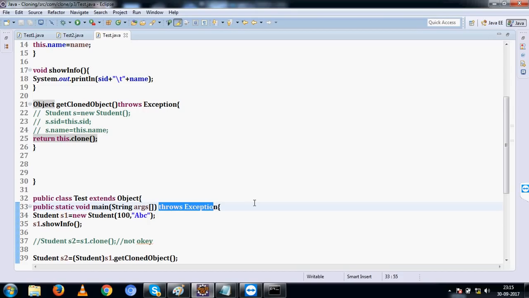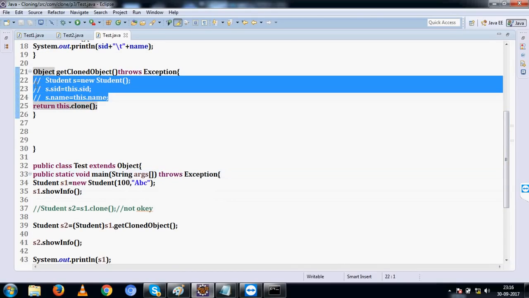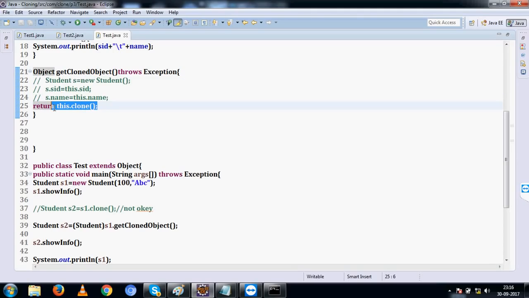One more important point you have to notice is, when you are writing the code for cloning, you are not doing any validation check whether it is eligible for cloning or not. You are directly cloning, but the clone function does that. It has to check, right? It should be eligible for cloning. And another important point you have to remember here is,